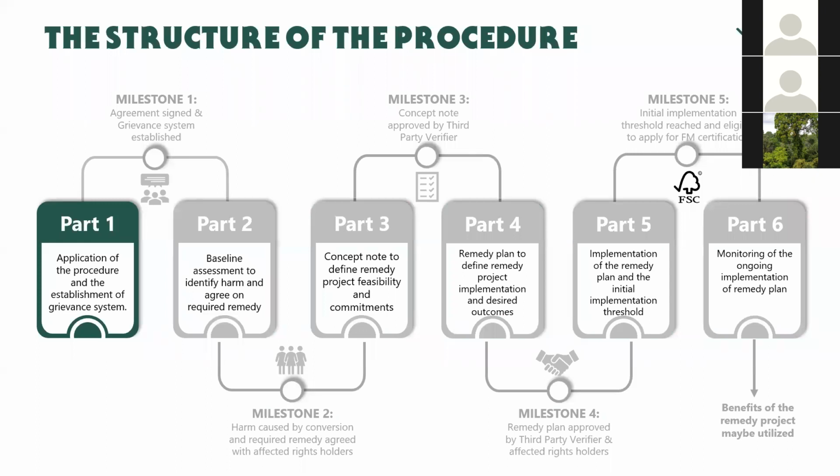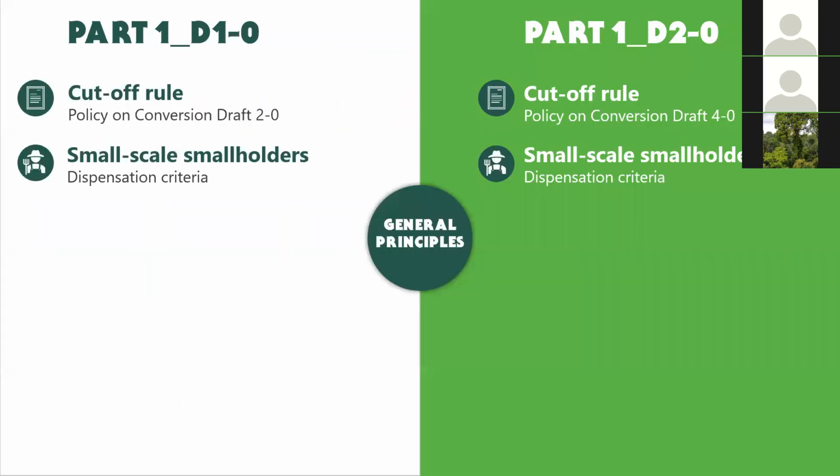So let's start with Part 1. For organizations applying for forest management certification or association with FSC, if the organization is identified to be involved in conversion post-November 1994 and prior to the effective date of the conversion policy, then the organization will enter into Part 1 of the procedure. So Part 1 of the procedure sets out general rules and principles for the application of